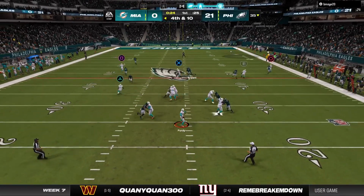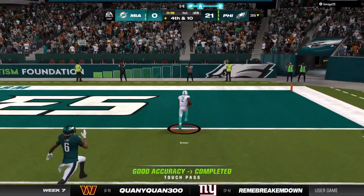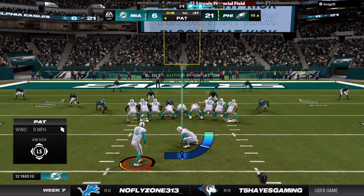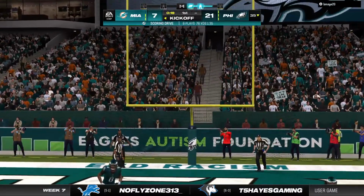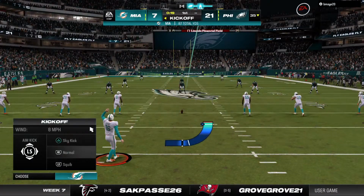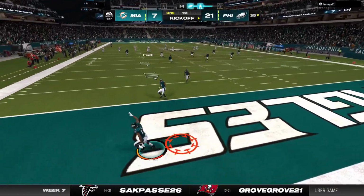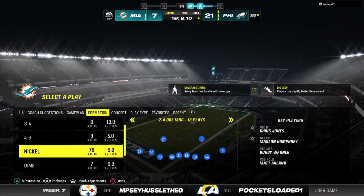Purdy on 4th down. He's going deep for Brown. This is caught inside the 15. And all the way in for a Miami touchdown. Marquise Brown, 65 yards. And the Dolphins' decision to go for it pays off with 6 points. Extra point try good by Gano. And they'll cut the lead to 21-7. Gano now following the touchdown here to kick it away. And that one will bounce out of the back of the end zone, so we will start here at the